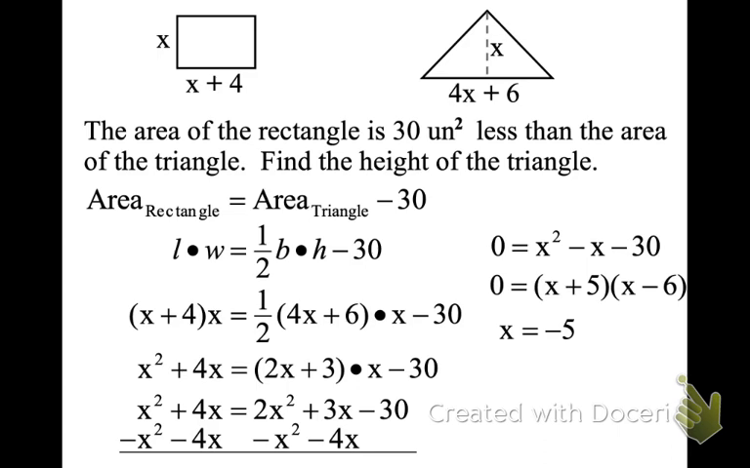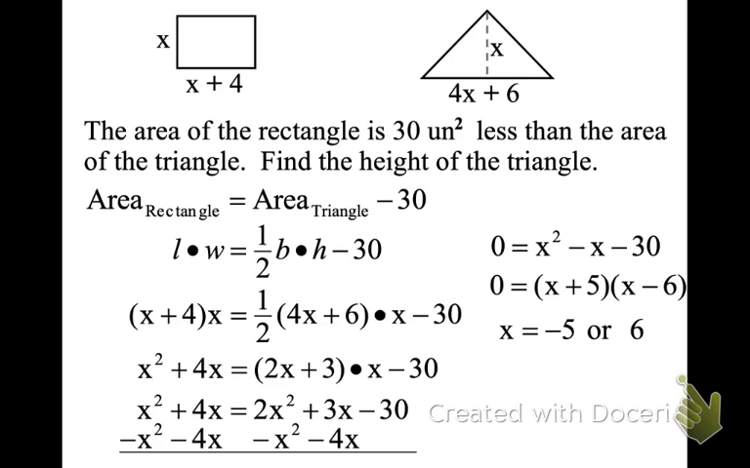Now, x cannot equal both of those. And because we are dealing with area, we really have to eliminate one of those. So the one that can't work is the negative, because area can't be negative. So my x is equal to 6, and now I have the ability to find the height of the triangle,